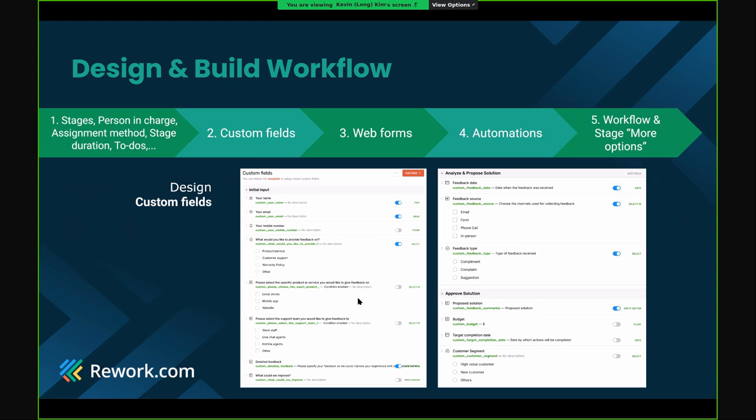And across the different stages, we also need to provide different information, right? So we also need to set up the custom fields and link these fields to a specific stage. So that's the second step. And the third step,